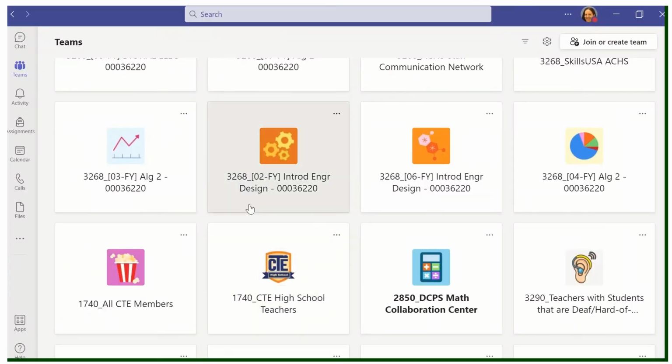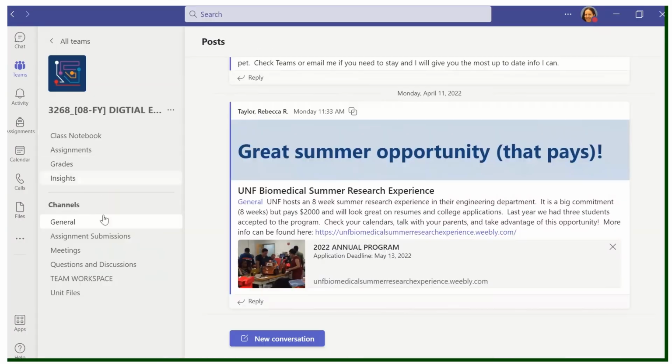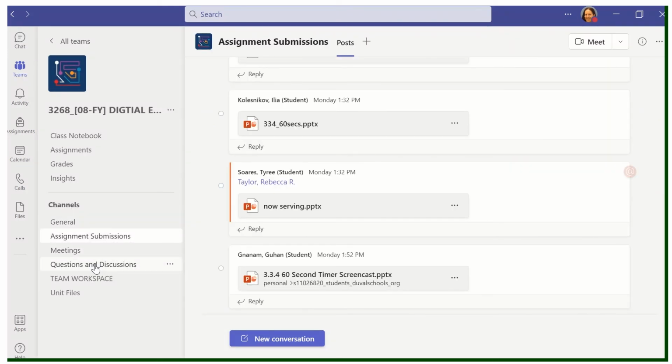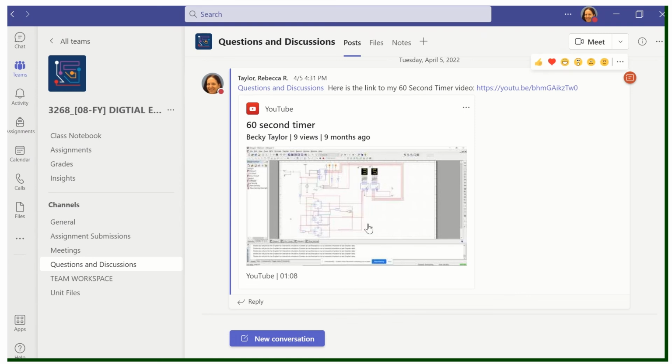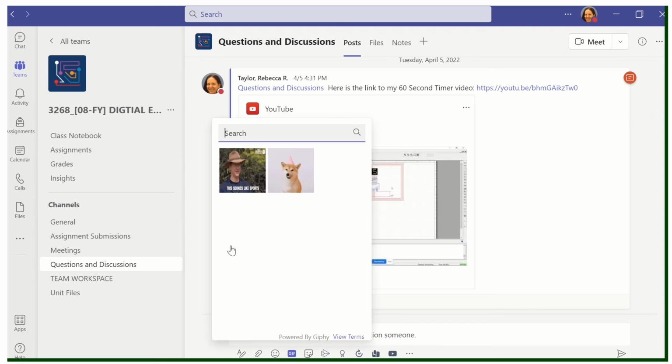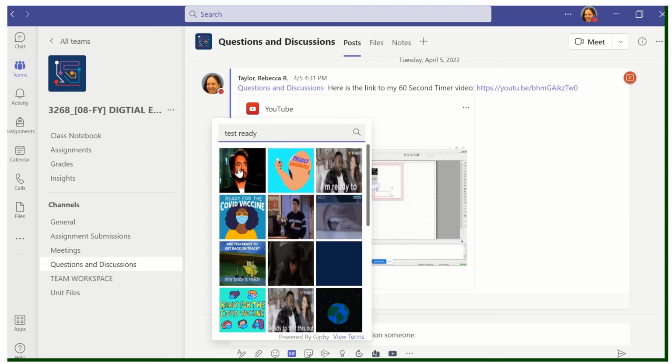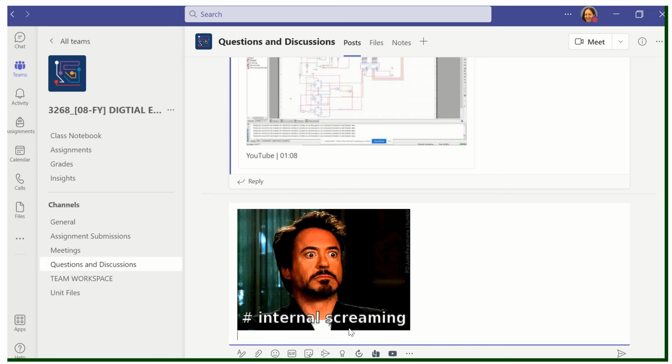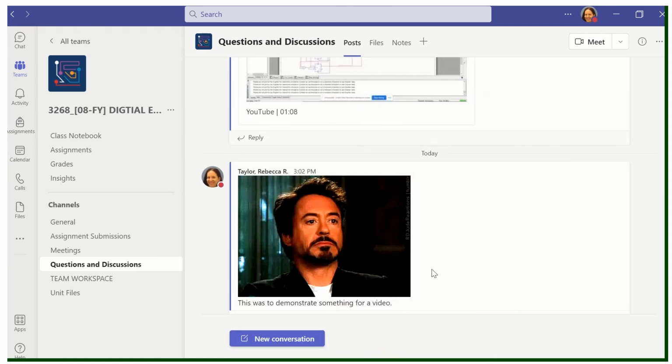So I will demonstrate on my digital electronics board. So we're going to go to assignment submissions. You guys don't have an assignment submissions channel, so don't do that. I'll go to questions and discussions and start a new conversation. And then we're going to click on GIFs, and I'm going to type in test ready. Internal screaming. That sounds good. Okay. This was to demonstrate something for a video so they know. Internal screaming. So hopefully that's not how you feel about your EOC, but go for it,